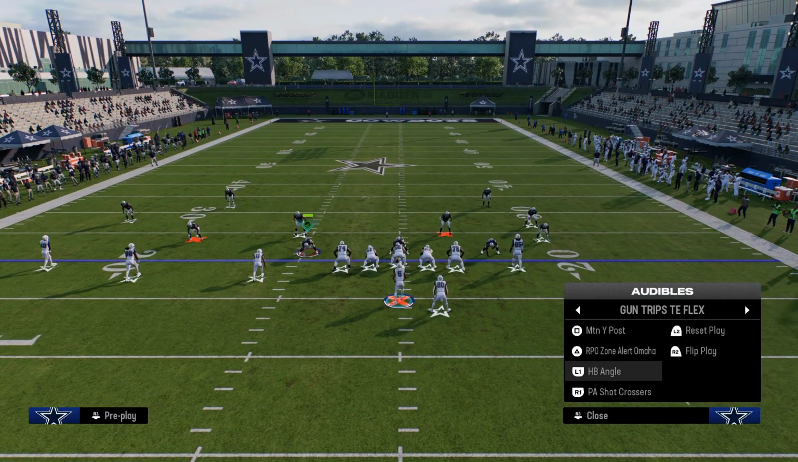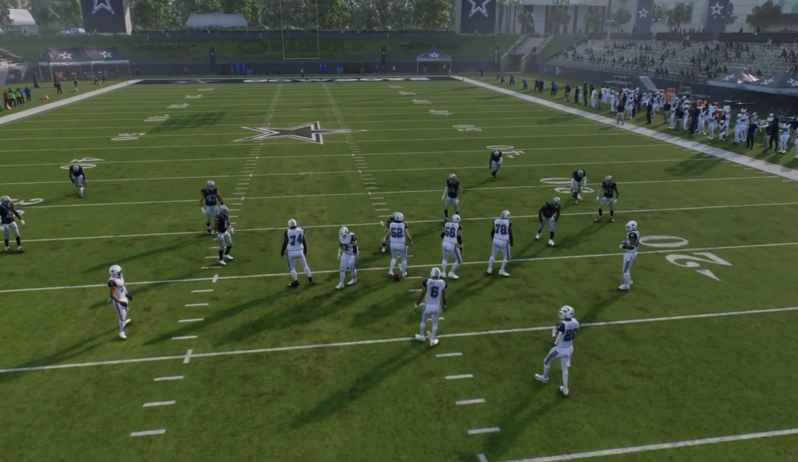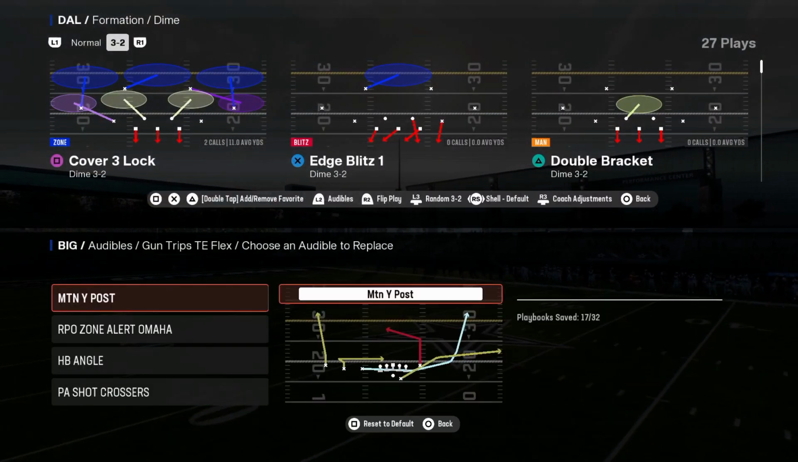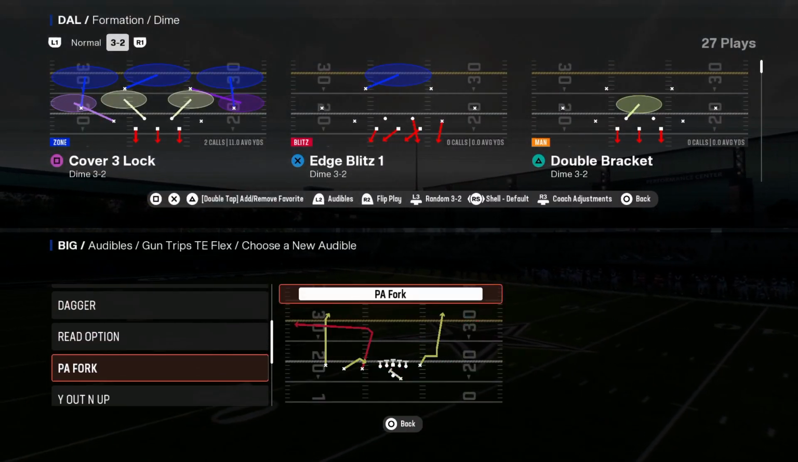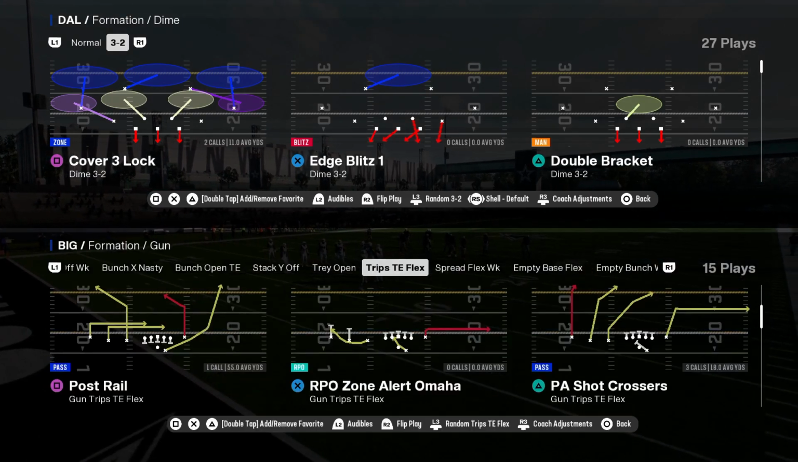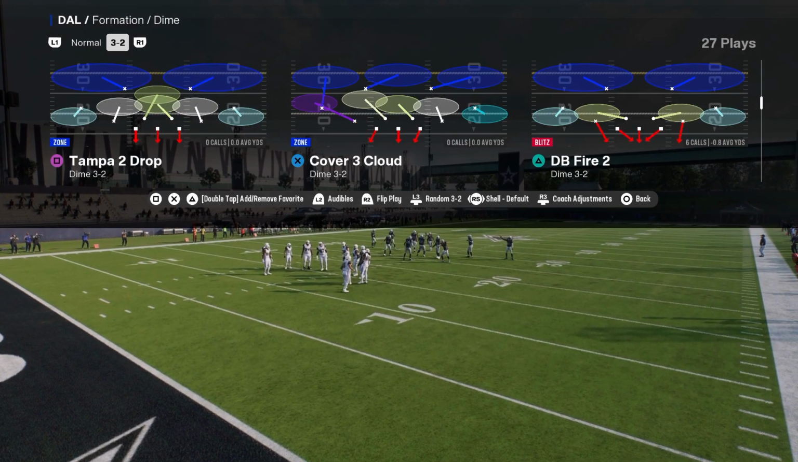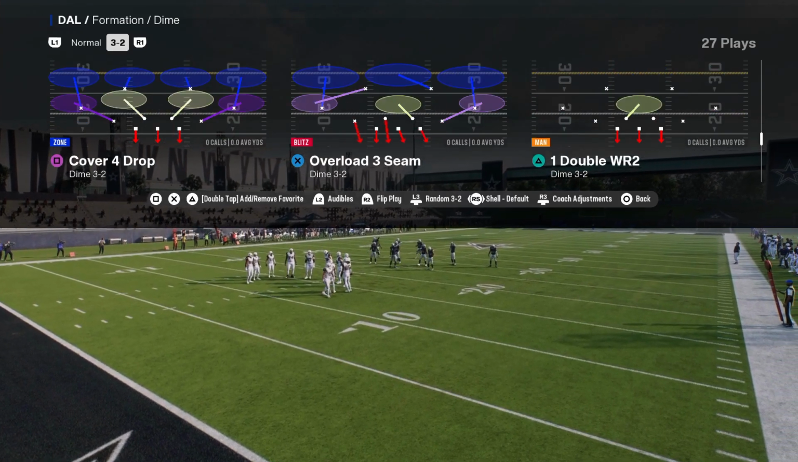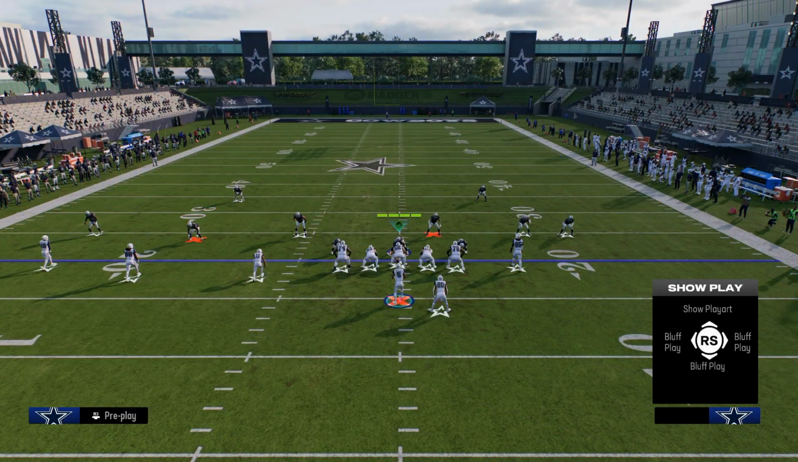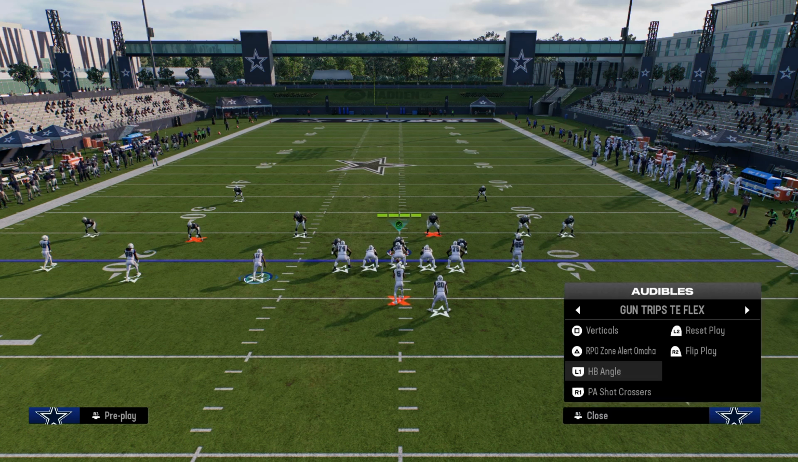Another great play to have, which I actually don't have in my audibles, which I should, is let me actually take motion post out and put it in here, is just the basic verticals. And the reason why I think this is a really key play to have if you want to run this offense is because if they're running that cover 2, a lot of times what they'll basically do is they'll just use this